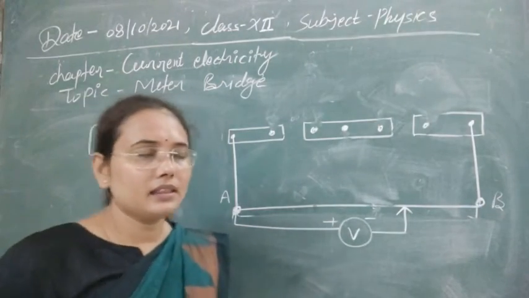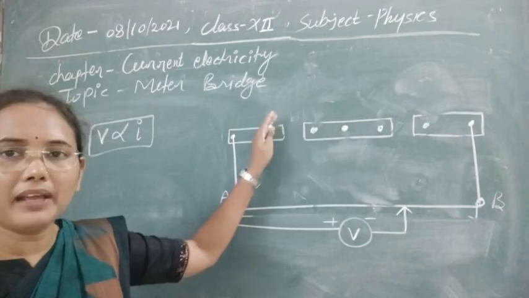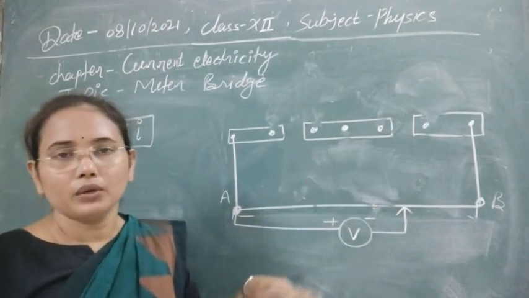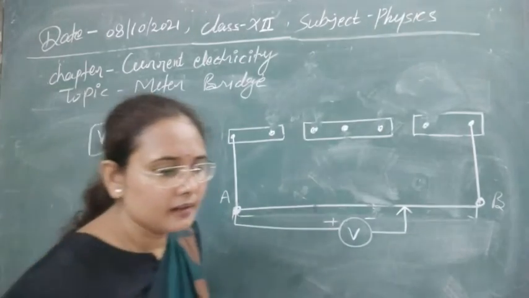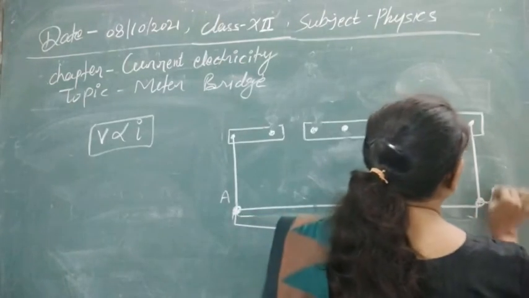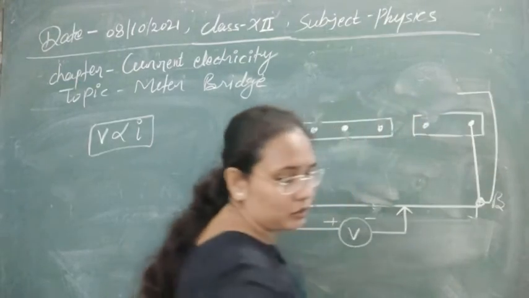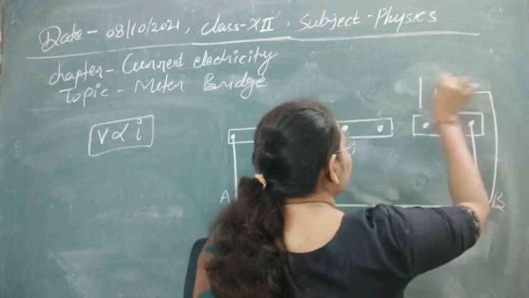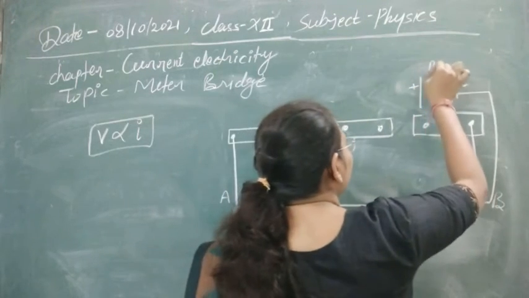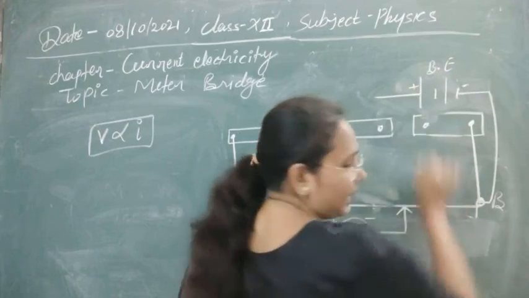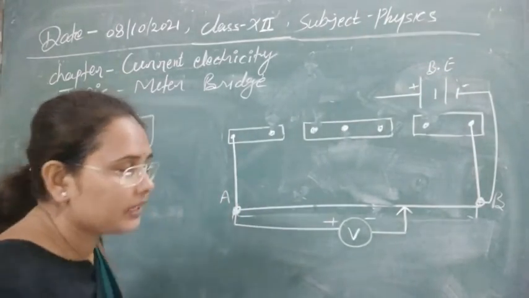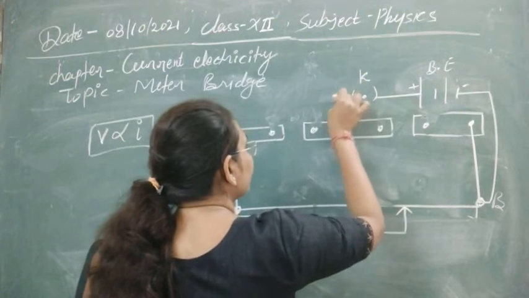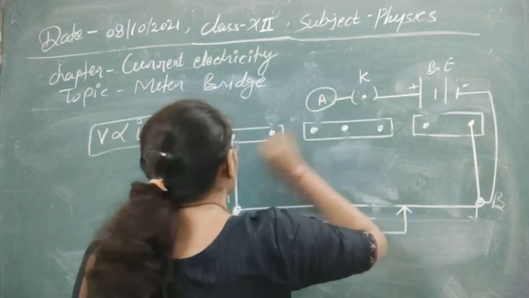Now the other connection, you don't have to do by using this one, you can also connect the wires externally. The first wire from here, you will use a connecting wire, and that will be connected to the battery. Suppose this is the negative side of the battery, and this is our battery eliminator. Through the battery eliminator we are using a key, then we are connecting an ammeter from here. So this is our key, and then we are connecting an ammeter to measure the current.